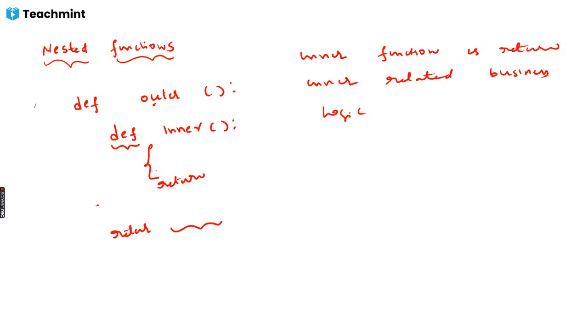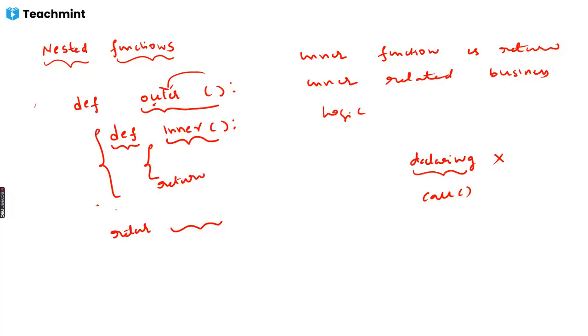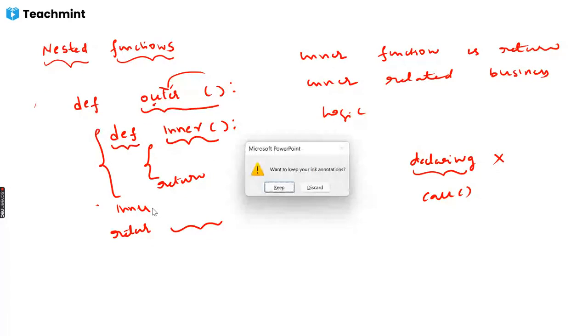And one important thing is, if you don't call this function anywhere inside of the outer function, this won't execute. You should be able to understand. See, what my intention is, I declared the inner function. As I already told you, declaring a function doesn't make any sense. It will make sense only when you call it. So declaring the inner function inside of the outer function doesn't make any sense. So anywhere in the function, you have to call it. Say for example, let me give you a brief